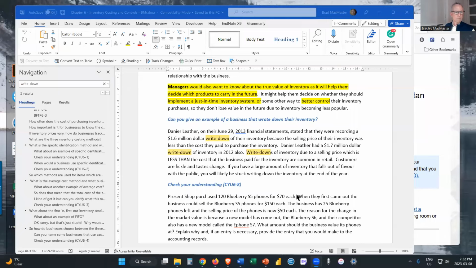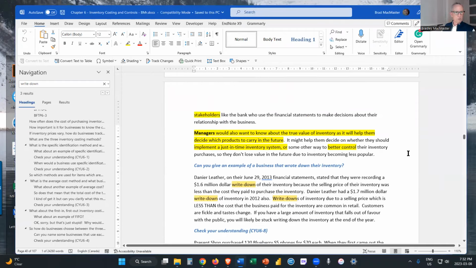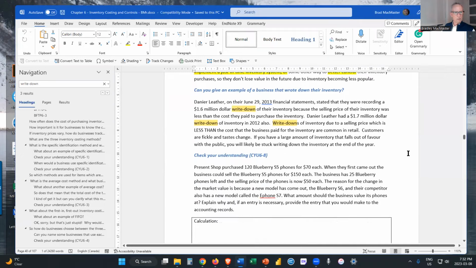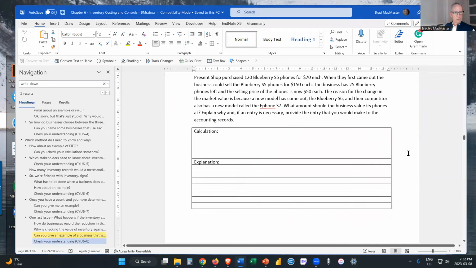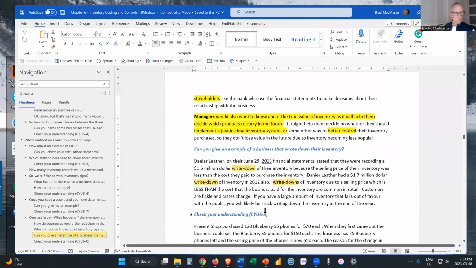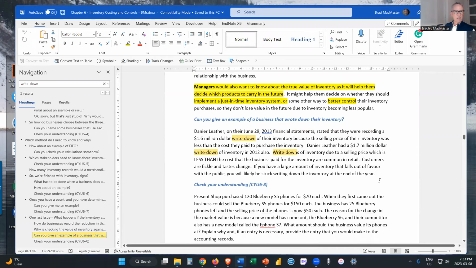Can you see it? Yep. Let's just be sure I'm in the right area here. I'm looking for write-downs. They stated they were recording one write-down of inventory. Okay, so yes, this is an example